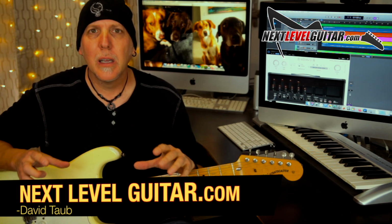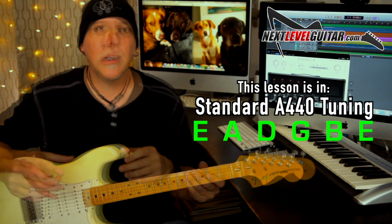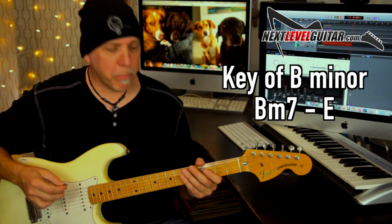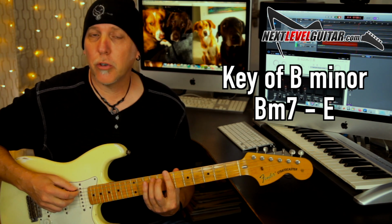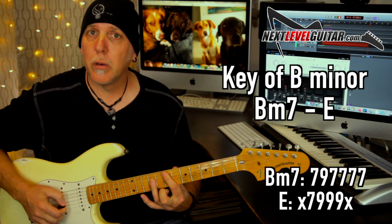Some easy licks and techniques that you can really easily incorporate into your own playing. So I'm going to be using a jam track. We're in the key of B minor, and the chords in the track are just a B minor 7th to an E major chord. And we'll build licks from the minor pentatonic scale, and we'll add a few things, but